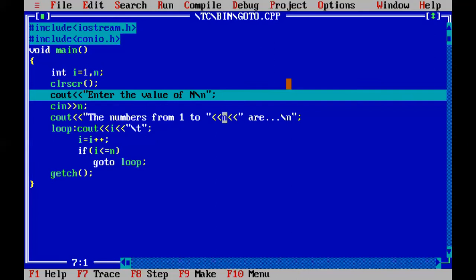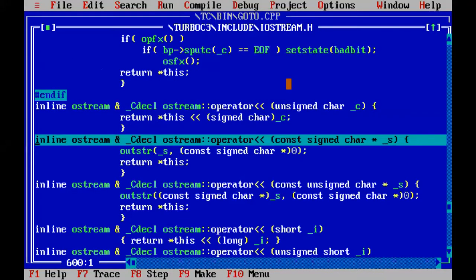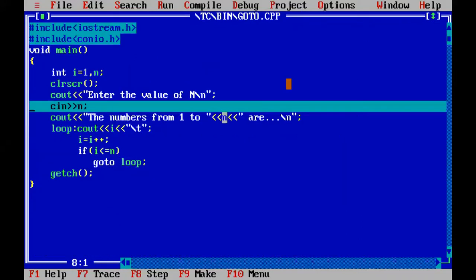So next thing is, here enter the value of n.